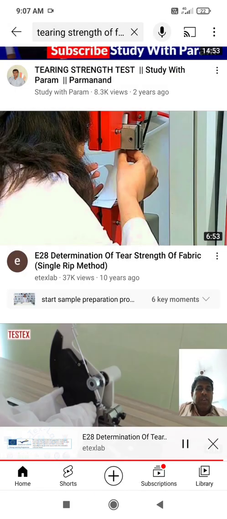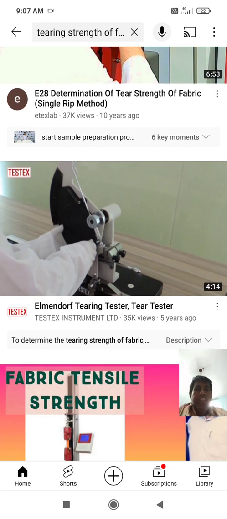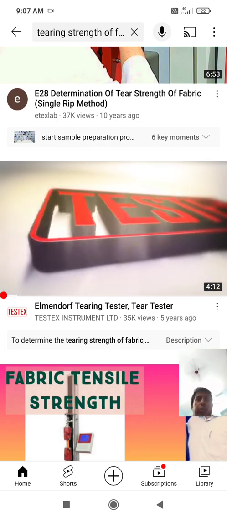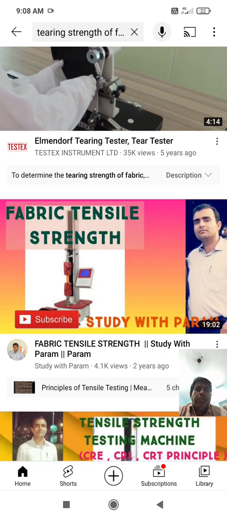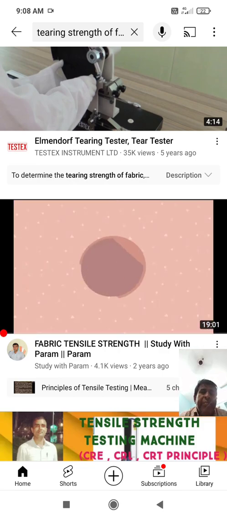So this is not Elmendorf tear testing. So dear students, here we have on the screen Elmendorf tearing tester. I will show you, but before that I want to talk about this single rip test method. So here